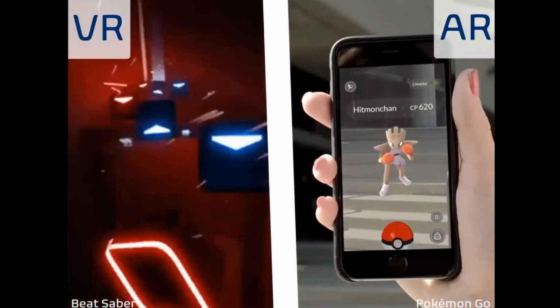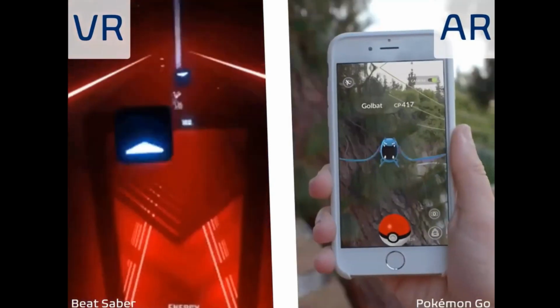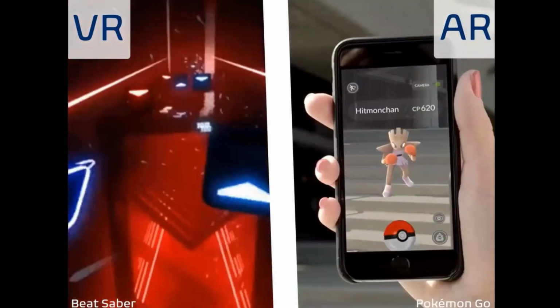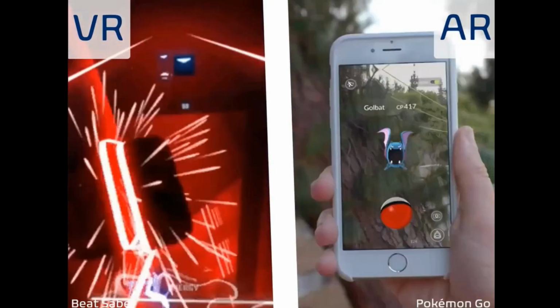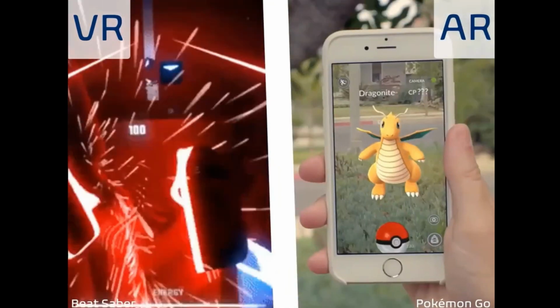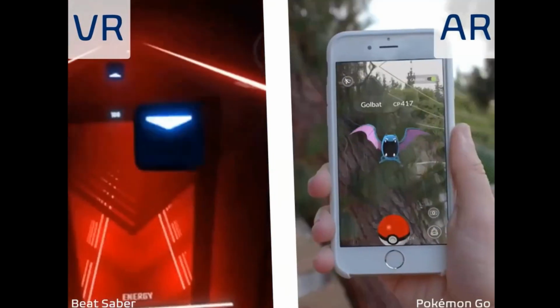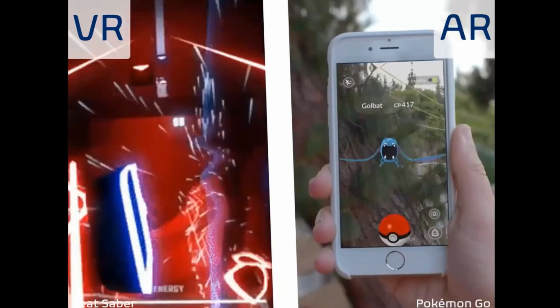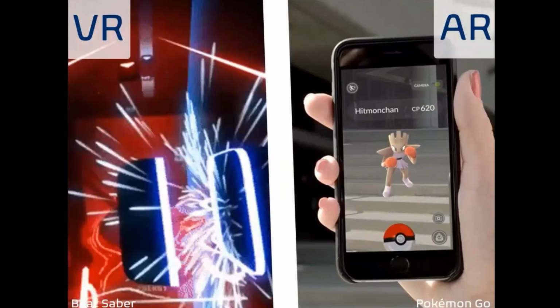I'm sure that most of you have played Pokemon Go, so that's a perfect example of augmented reality. And on the left, we have Beat Saber, which is a virtual reality game for the Quest. And this is a dancing game, kind of like how when you used to play Dance Dance Revolution, you have all of these squares coming at you and you kind of have to dance and slay at them in the proper order. And you're fully immersed in this headset and you're using your controllers to control what's happening in the game.